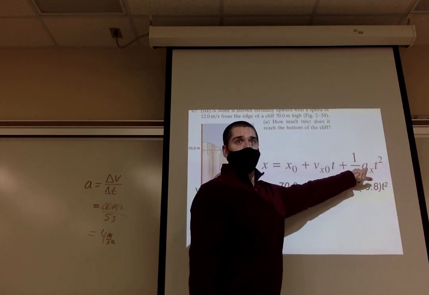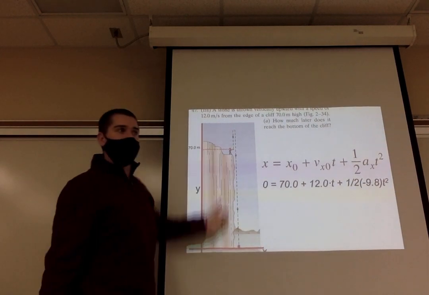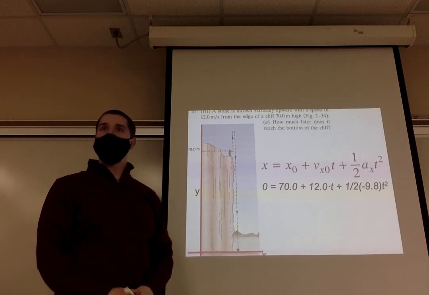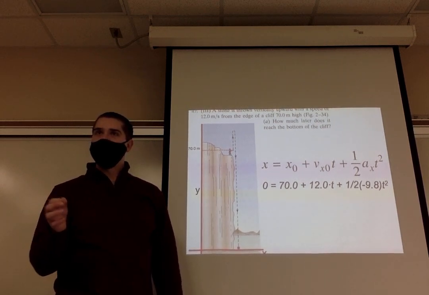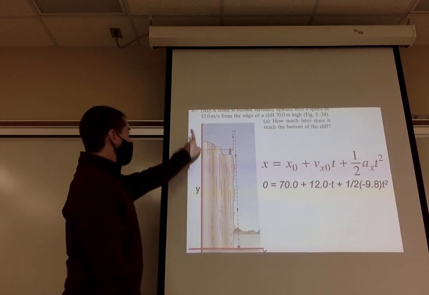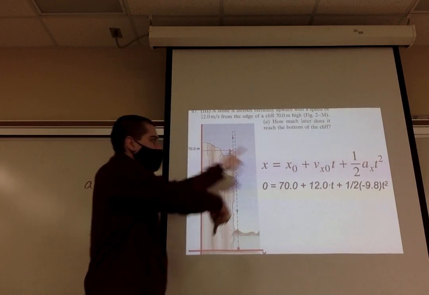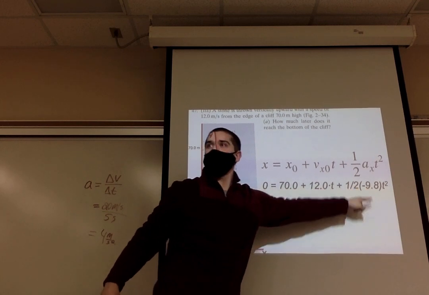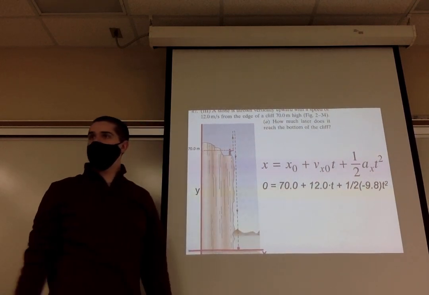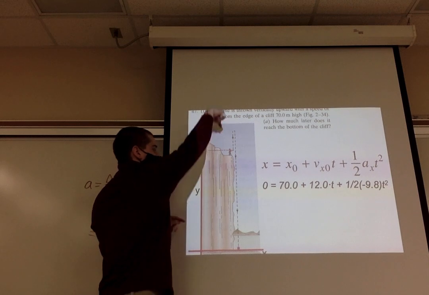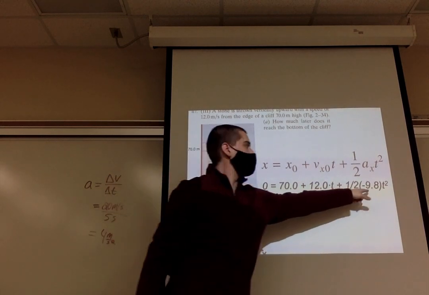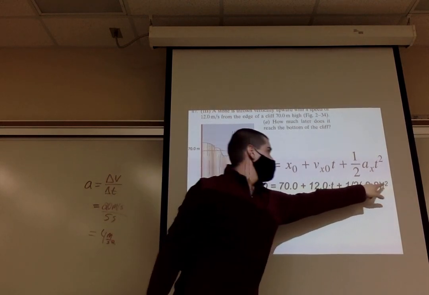Remember, this is positive y. So if gravity is always pulling things down, it's a negative number. It's not accelerating in the positive direction, it's the opposite. So you will need to put a negative 9.8, and then time I don't know. This is an algebra equation with one unknown variable. Now it's quadratic, but